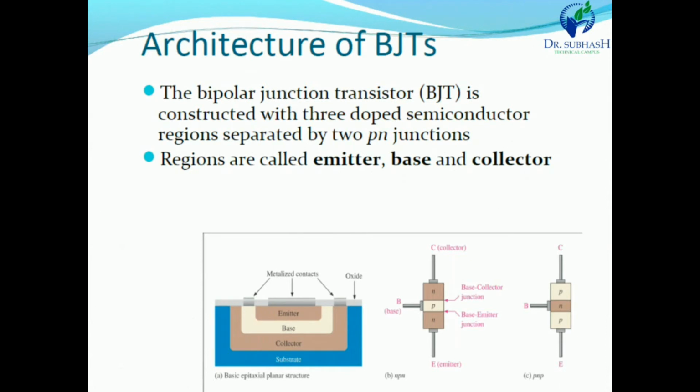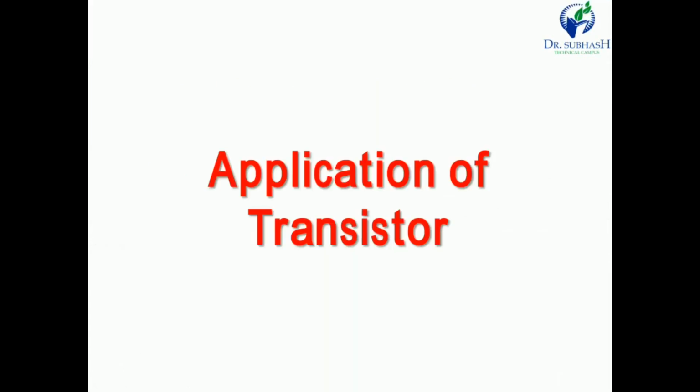Now in this slide we will see the emitter, base and collector. Here are the different emitter, base and collector, and the size and layer of the different materials: n-type, p-type and n-type. So we can design a basic BJT, and this metallic contact, aluminum or copper contact, is required for the circuit connection. And this is the internal structure of NPN and PNP transistor that we have seen in the previous slide. So this one is about the basics of the BJT.